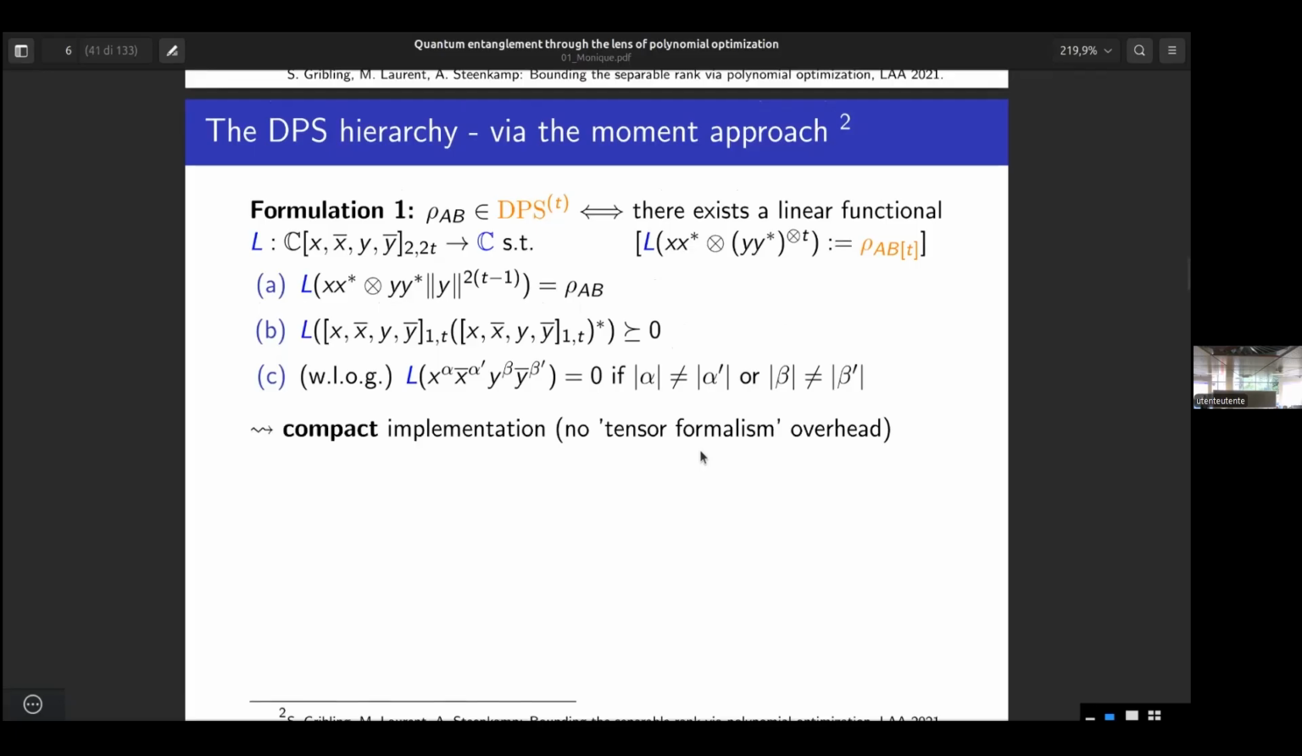What I meant here is that if you want to implement it, you rather implement this, because you have already gotten rid of a lot of redundancy, if you wish, which is inherent in the tensor formalism. But this does not yet